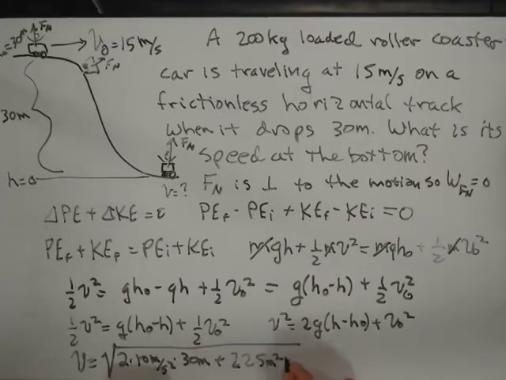That's meters squared per second squared, right? And so that gives me the square root of, so 2 times 10 times 30, 10 times 30 is 300, times 2 is 600, so 825